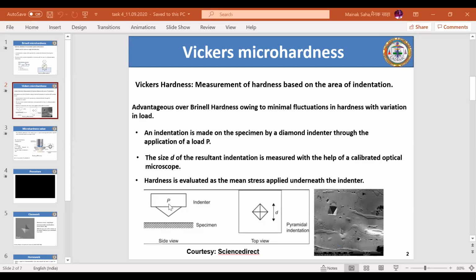This tells us that with Vickers micro hardness, even if you increase the load, your hardness value remains constant. Your hardness value does not drop. It is not that at 1 kgf you get around 200 HV, and suddenly when you apply a load of 2 kgf you get a hardness of around 300 HV. That is the problem which people used to face in Britain. Because of that, this technique was devised.